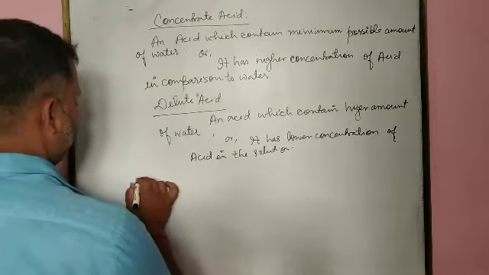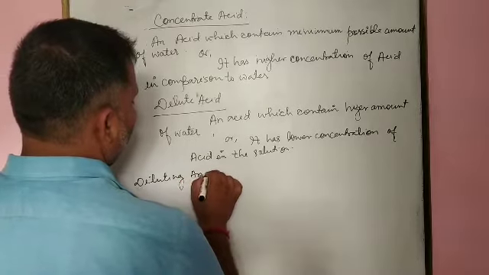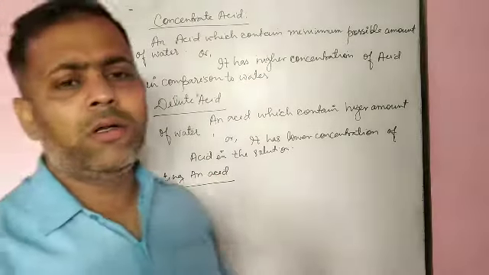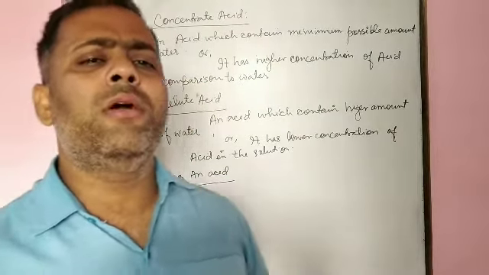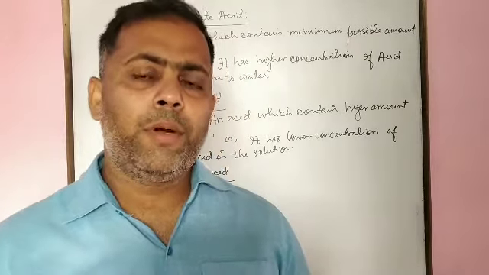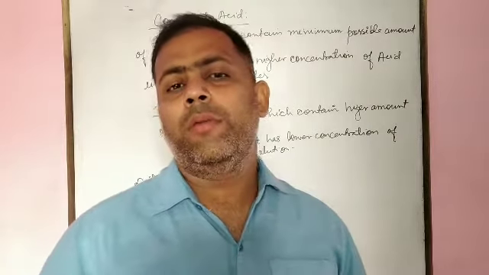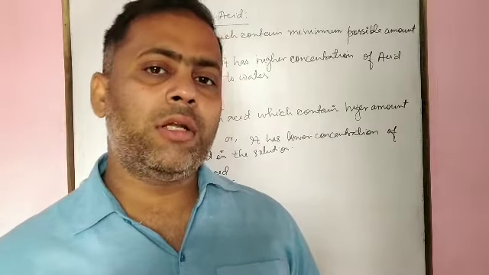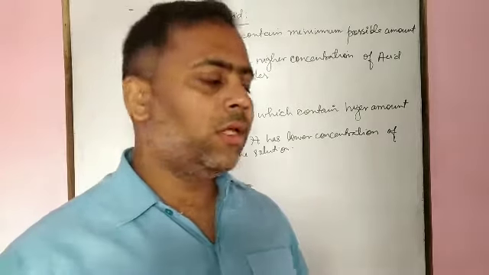Diluting an acid. Then you would think that in order to dilute a concentrated acid, you add water, or you can add acid to it. But in chemistry, we must be careful because there is a difference in addition of water to acid and acid to water. How? You can see it.